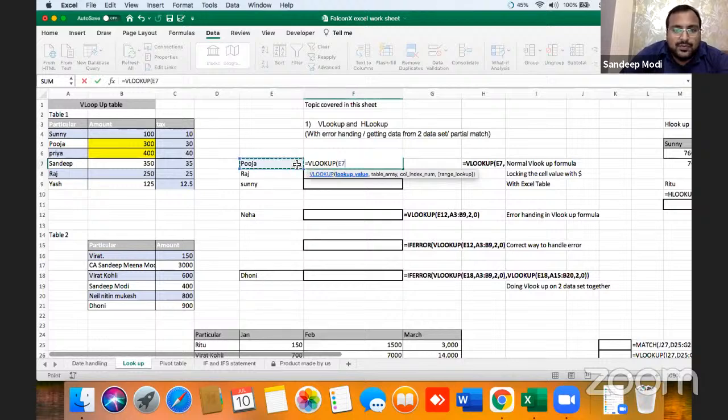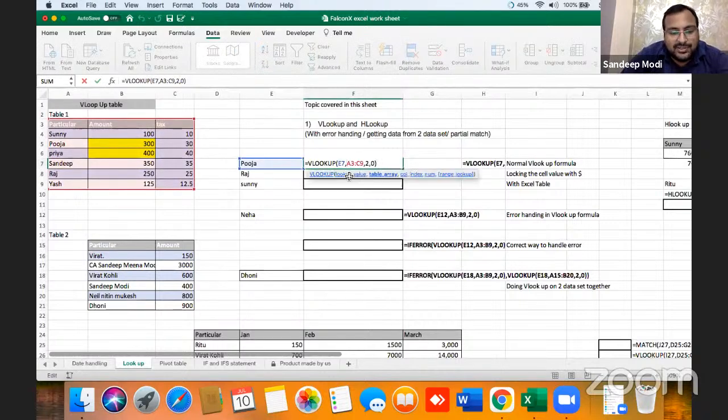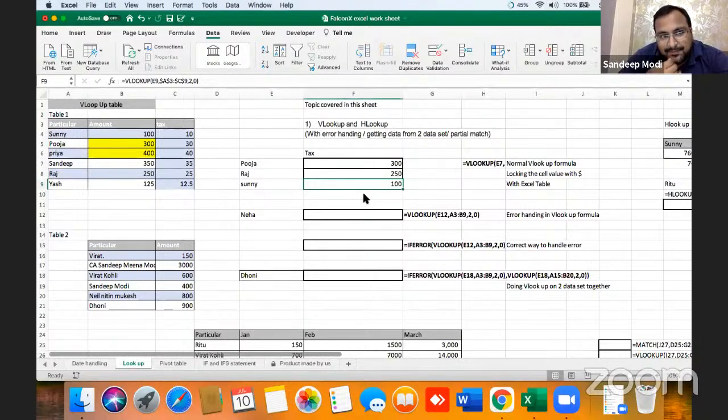Now Pooja, you can simply put a dollar sign and fix it. But Sandeep, we already knew about the dollar sign. So what next are you teaching us? Just 2 minutes. Give me 2 minutes. You don't even have to put this dollar sign. We put the dollar sign and it got fixed. Sandeep, I also knew the dollar sign, so what new did you teach? Okay, let's throw one more problem.